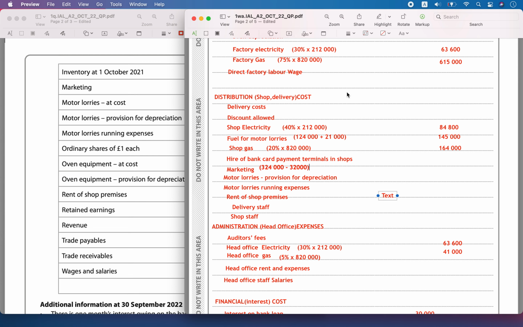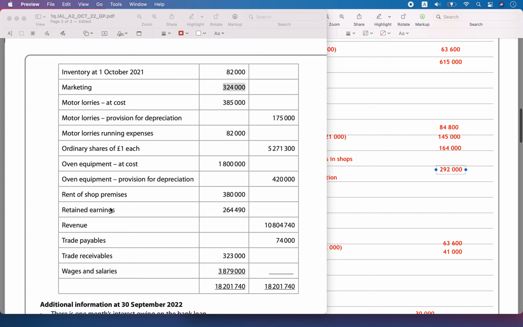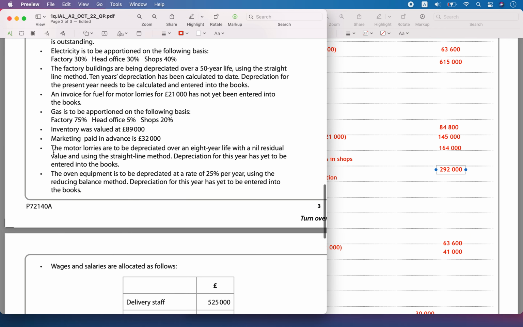So it is 292,000 alone you have to include. Okay, it is another receivables. So it is a current asset, it expense paid. So it is the extra 32,000 becomes current asset. So then this one will be equal to 292,000. Okay, alone has to be included as a marketing expense. Then it says that the motor lorries are to be depreciated over 8-year life with a nil residual